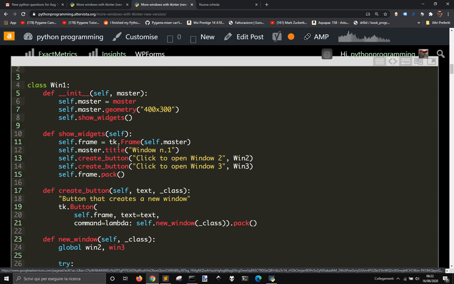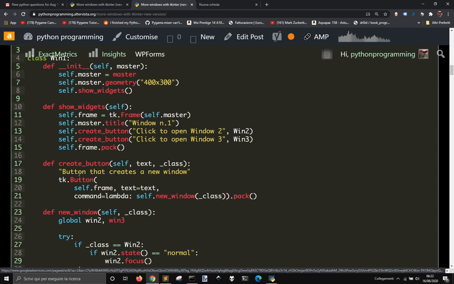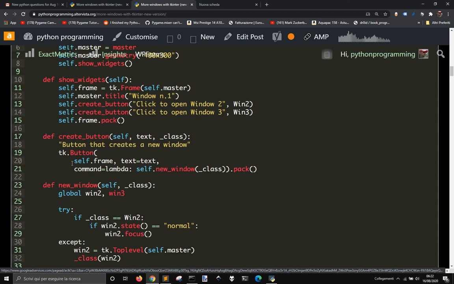And I will create a frame. I will give a title to the root, window number 1. Then I will create a button and another button here, and I will pack the frame to make it visible. So these two buttons are created with this method here, where it just creates a button attached to this frame here with text that is passed as an argument here, and